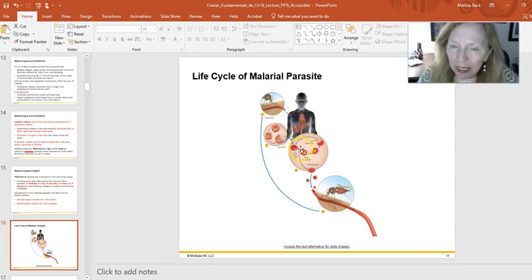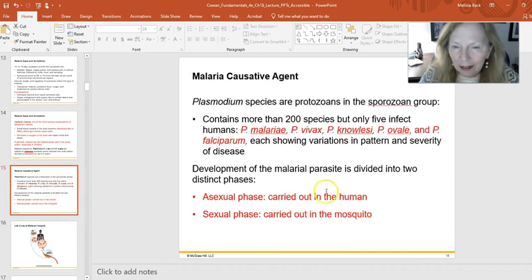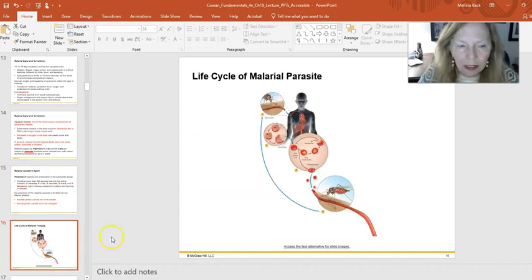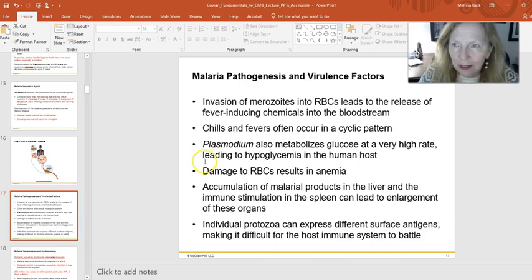It moves to the liver, and as the liver is a filter of our blood, so many of the red blood cells are becoming infected by this particular stage of this protozoa, and then they're completing their sexual part of that stage when the female mosquito bites again and picks up some of those. So it has both of these hosts that are required for the cycling of these protozoa, Plasmodium species.